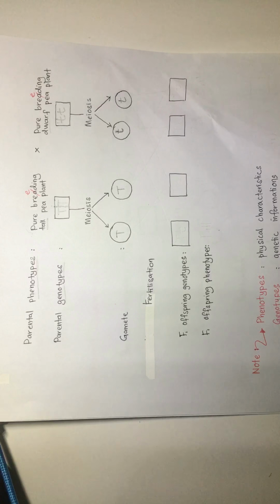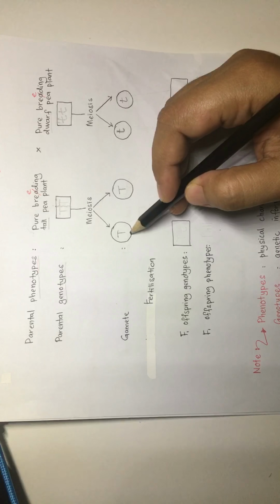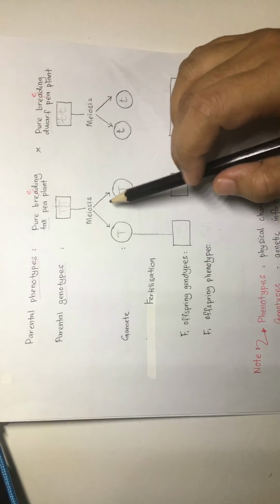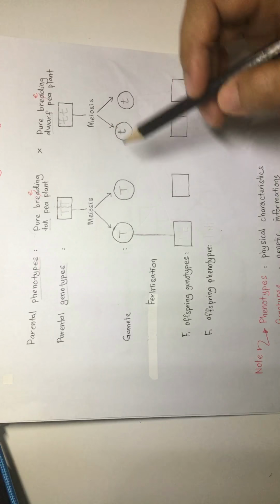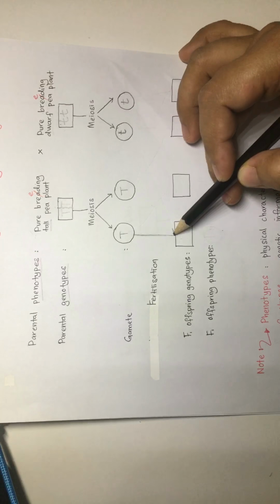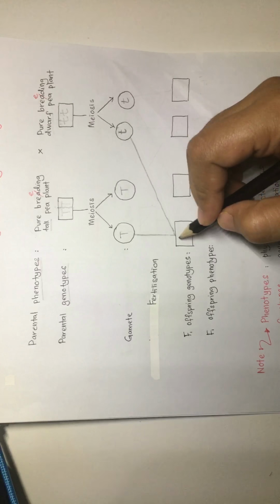Alright, then after the meiosis process is done, it will continue with the fertilization process. The fertilization process will be crossing the genes, or the characteristics, from the first plant to the second plant. For this one, it will be combined with both, so both of the genes from the other plant. So we choose one.